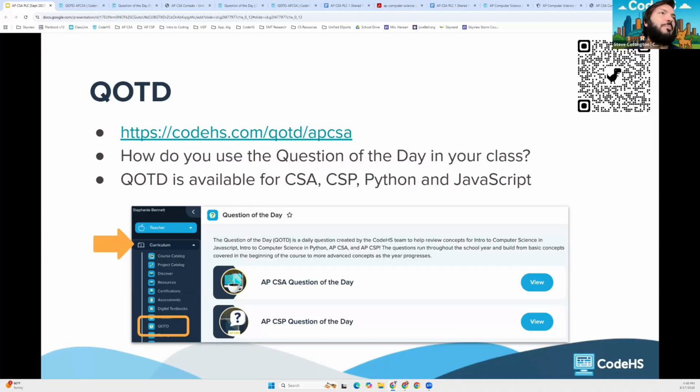I can check. I think for AP, it might be a little different than the Python and JavaScript ones. I can double check. I think you're right that the Python and JavaScript, it kind of just pulls from the gamut of Python and JavaScript, but I can find out about the AP ones, though I'm pretty sure they do tend to follow the curriculum. I'm looking for the AP ones, you should be good. Looking at this week's, they're all ints and scanners and casting variables, which would be that first unit. So that should be good for the AP classes. Yeah, I'll jump back on board then.